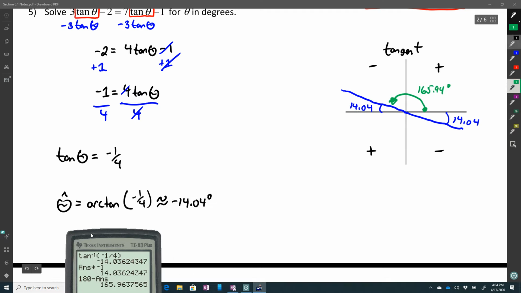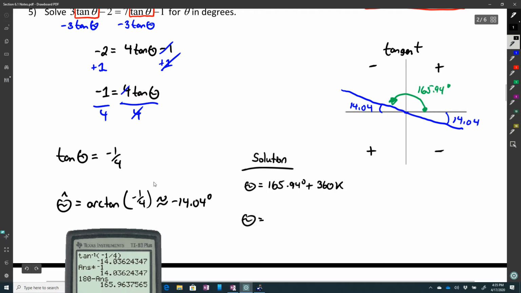Okay, so my solution is theta equals 165.94 degrees plus 360K. And then the other answer is almost a full rotation, but it stopped short by 14.04